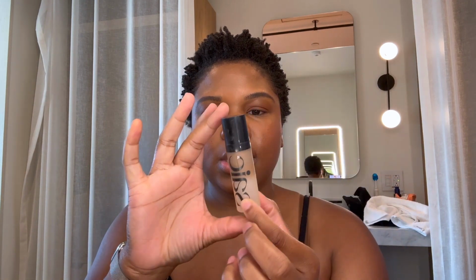And I'm gonna wash my hands. I forgot to use it today, but I usually put this, it's like a glowy serum under the makeup. So I put it on after I wash my face and I put my primer on. It helps give you this lit from within glow that I really like. All right, so next,